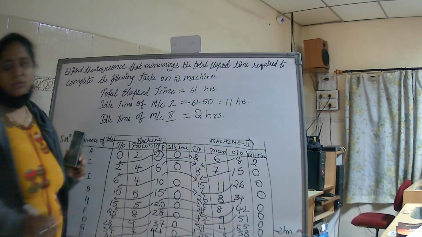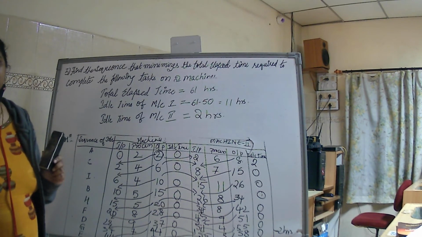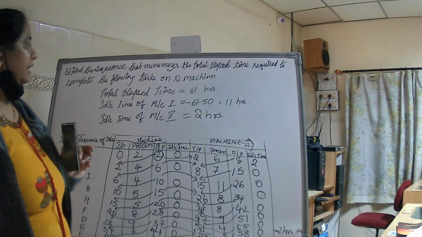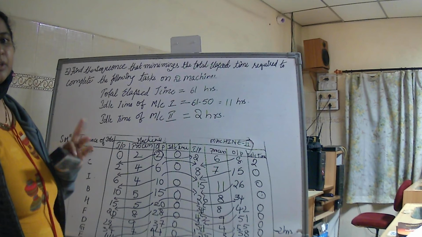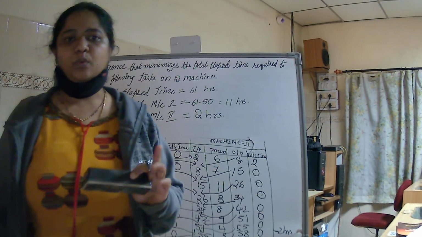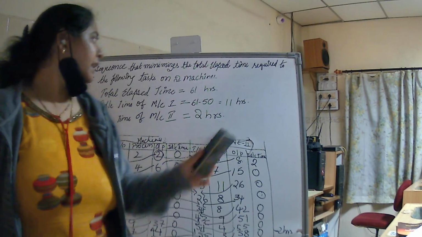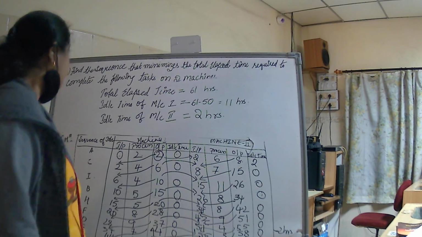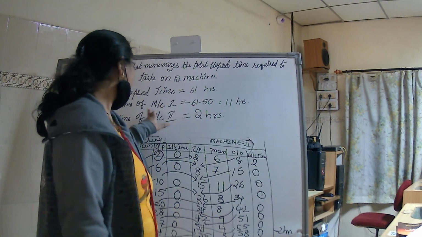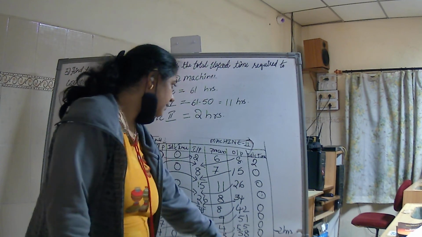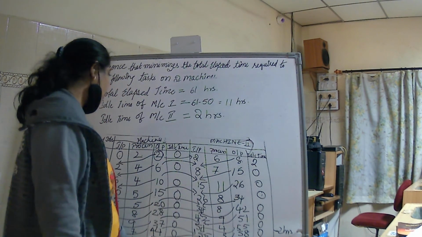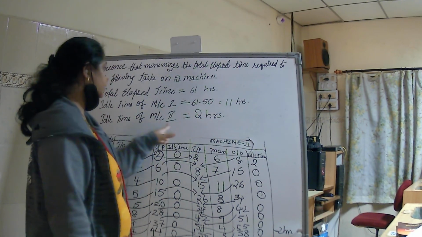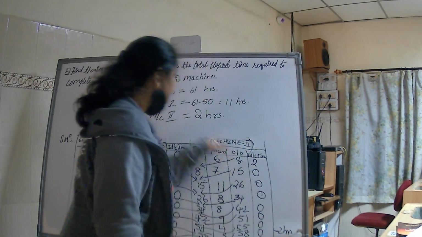So this is how you need to calculate the total elapsed time, students. Okay, and idle time of machine 1 and 2. So the first thing you need to remember is coming up with the correct optimal sequence. Once you get the correct optimal sequence, students, this process remains the same for all the problems. Okay, so here as you can see, we have found out total elapsed time is 61 hours. Machine 1 idle time, that is last output of machine 2 minus last output of machine 1, will give me idle time of machine 1. And idle time of machine 2 is nothing but summing up the idle time, which is giving me 2 hours.